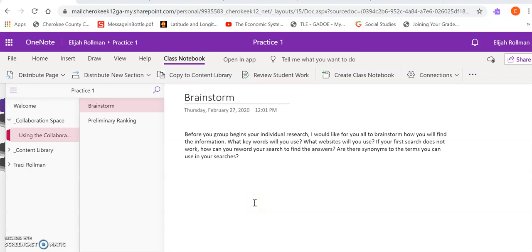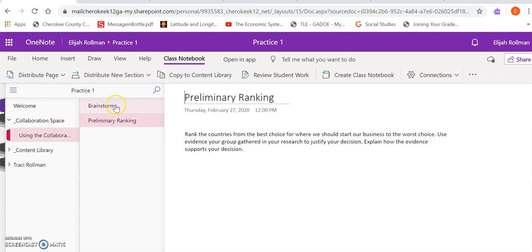Another productivity tool I want to talk about is Class Notebook through OneNote. You can come in and assign students into this classroom notebook. It could be an entire classroom or it could be a small group of students. And within this class notebook, you have a collaboration space where students can come in and work together and type